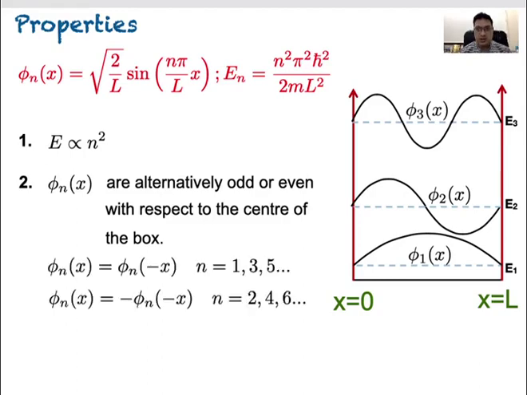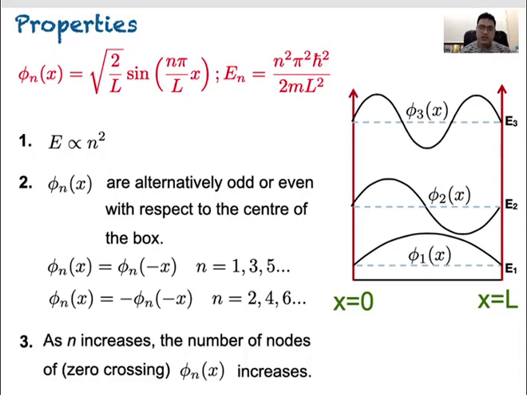What it means is that if you replace x by minus x and your wave function does not change sign, these kinds of wave functions are the even functions, and they are n equal to 1, 3, 5, the odd n values, whereas if your wave function gets a minus sign, these are the odd wave functions, and n equal to 2, 4, 6, even values of n. Now the third property that you have noticed from the energy and the wave function: as n increases,